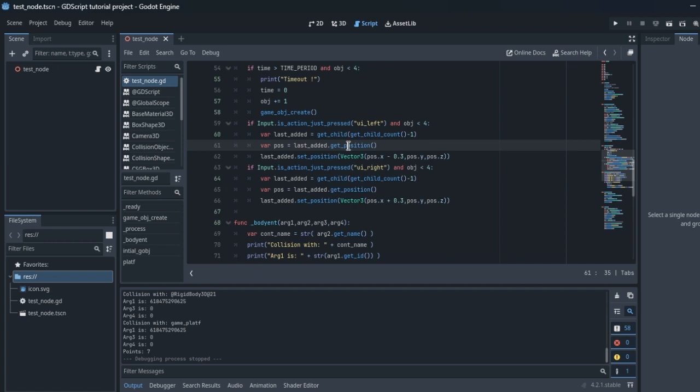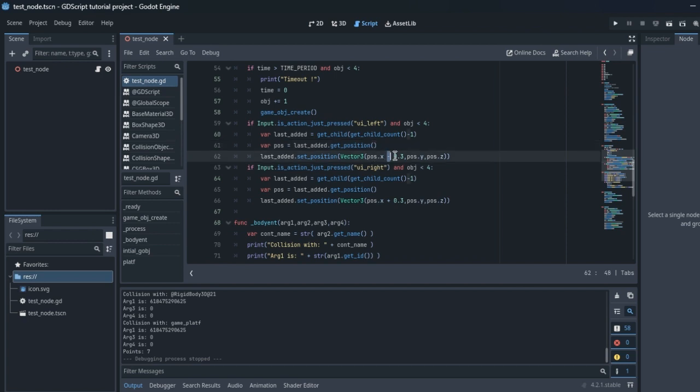This is some kind of vector 3. So then we say last added object set position, and then we set a position for this object to some kind of a new position, because this position is the exact position of the object, and we use it for y and z, and for